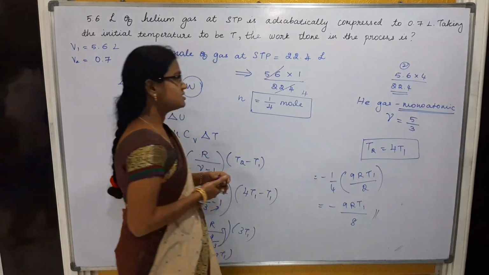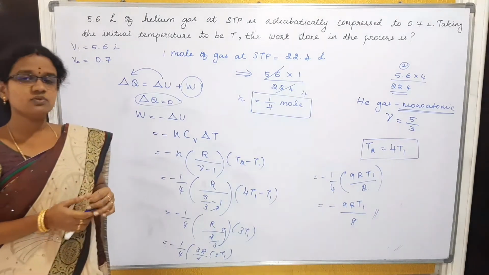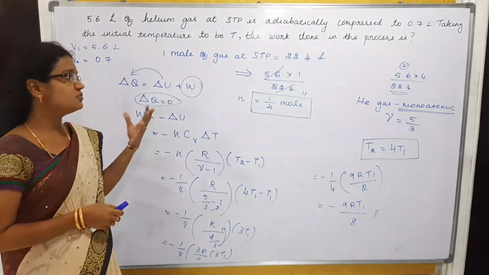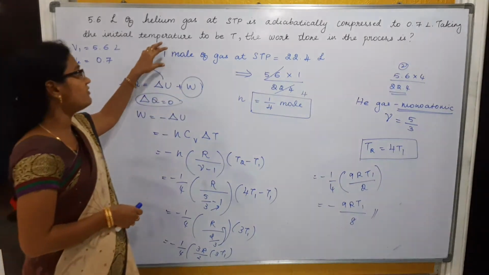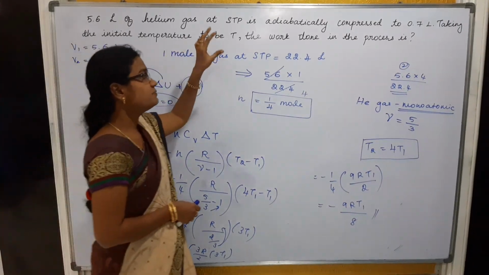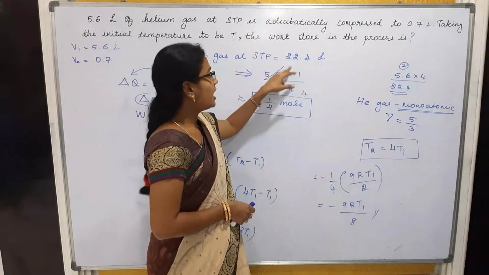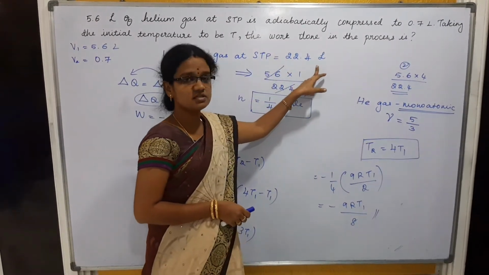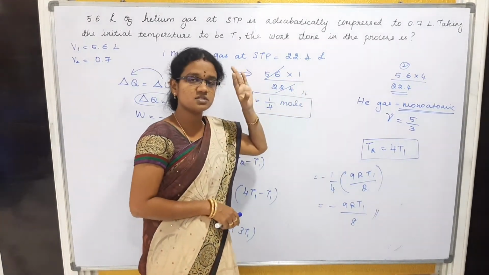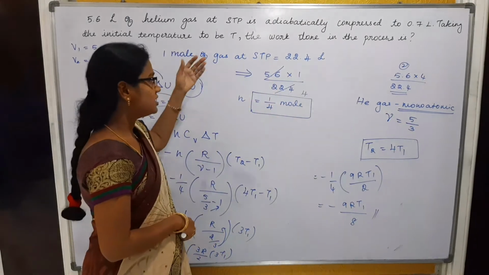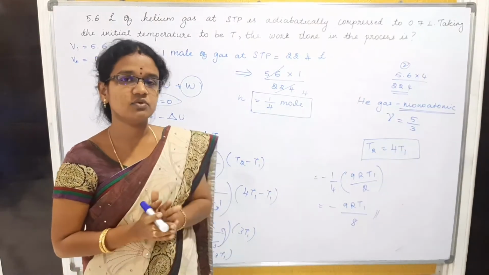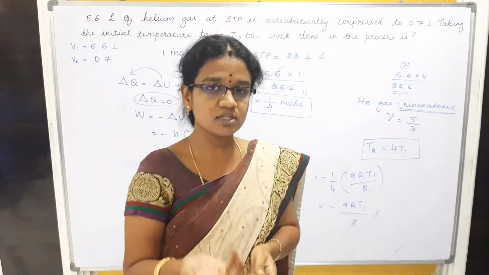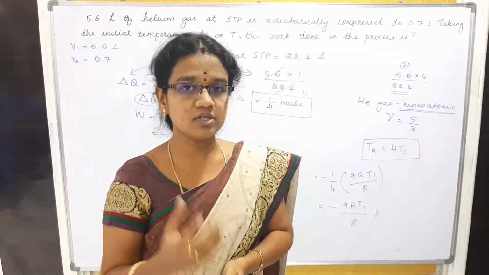For this problem, the fundamental concepts we are going to relate are these. The first main point: what is the volume of 1 mole of gas at STP? We have to note it down, that is 22 liters. We have to first concentrate on that point. Coming to the next point, we have to concentrate on the ideal gas equation. We have to be very careful. We have to record this: PV is equal to nRT.